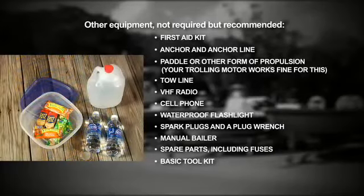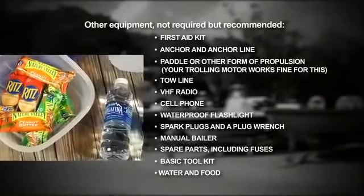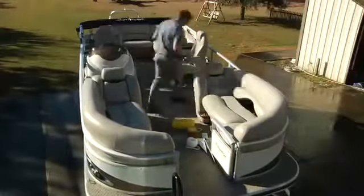It's also a good idea to carry an extra supply of water and food that can be easily stored just in case you get stranded for any reason. You'll sleep better if the kids' stomachs aren't rumbling through the night. Okay, let's get all this stuff on board so we can...